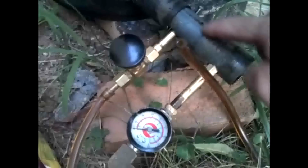There's an air line going in right here, and I have just a cheap little regulator that I got at the hardware store. The air line goes into the back here, goes up here, and goes through the tip, and it siphons oil from this other line right here. I have a valve that I can meter the oil, and then I just have a plastic tube that I put into the oil